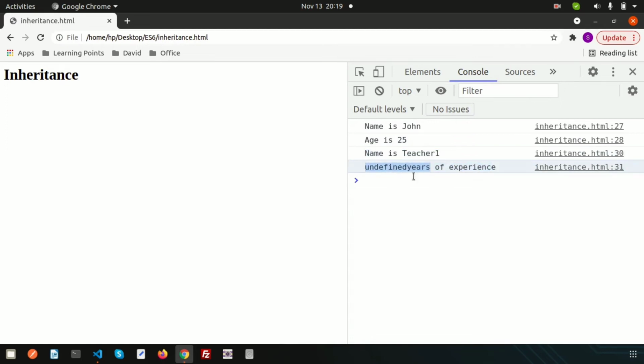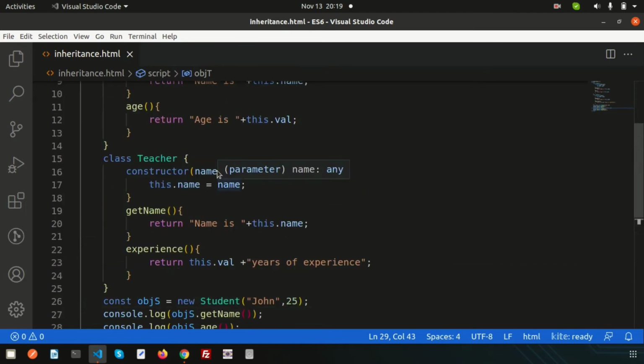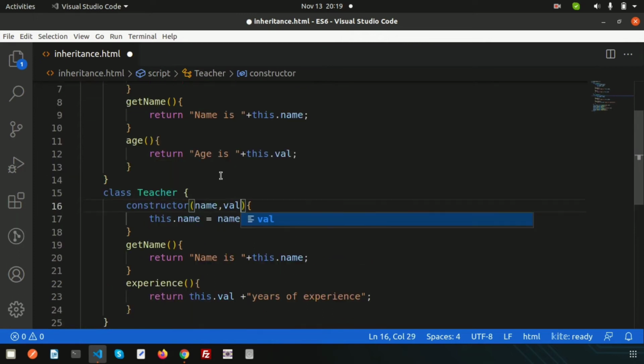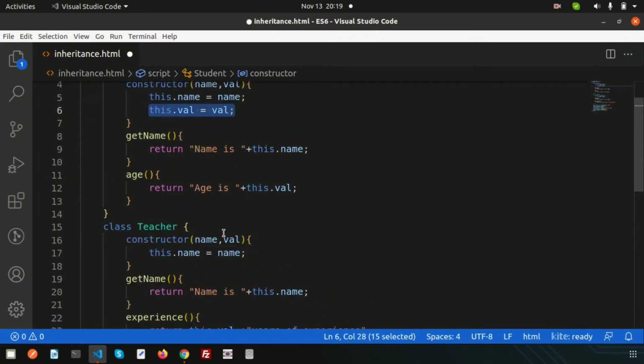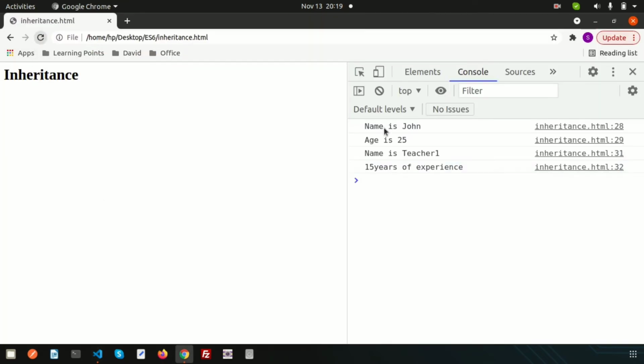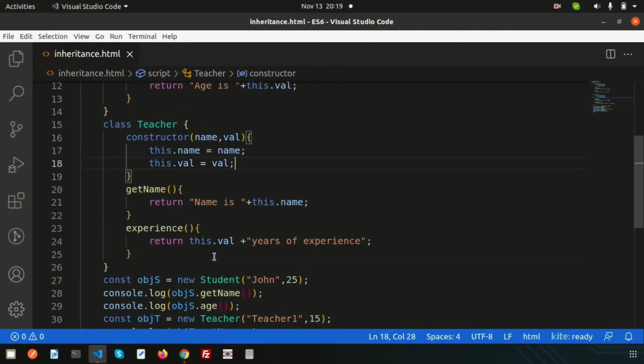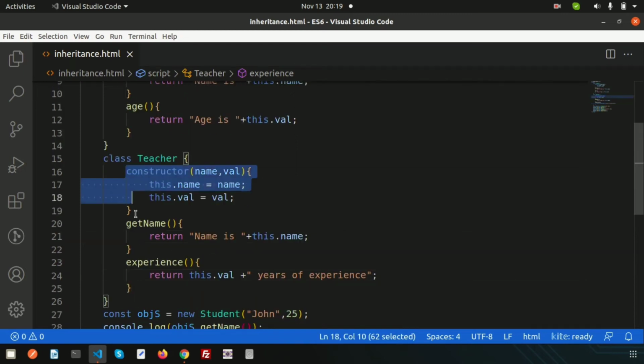Sorry, this is undefined. Why is it undefined? So let's see why this is undefined. We need to create a val here also, and let's copy this. Okay, so these are separate classes. So now we can get all those things. Okay, so output is okay, but we wrote the same code in the defined class, or we are using the same code